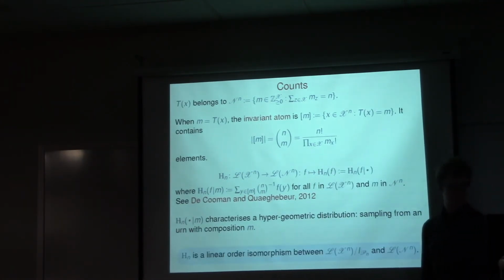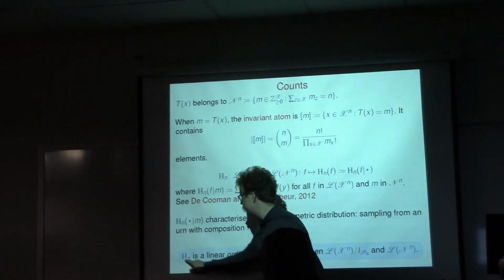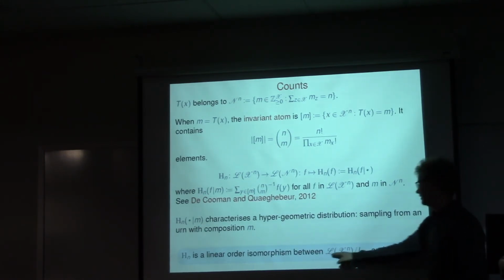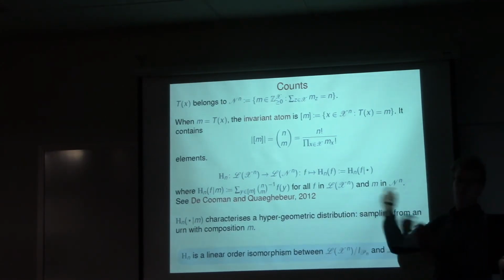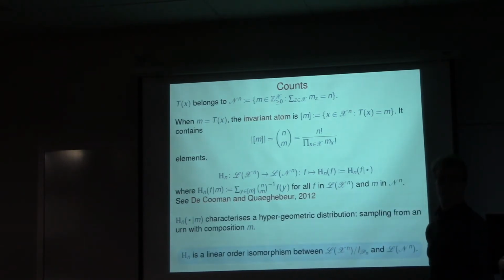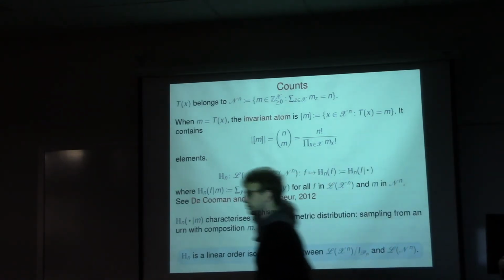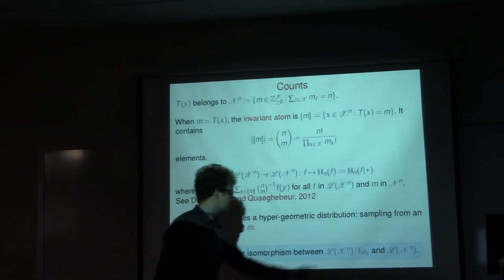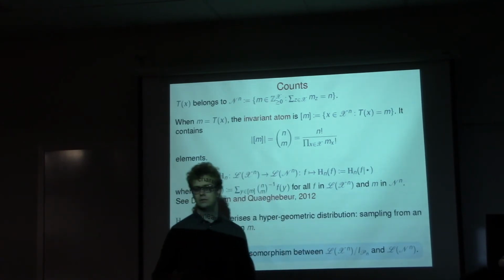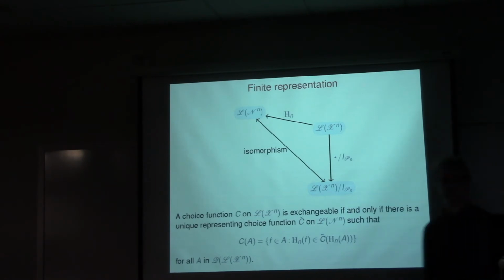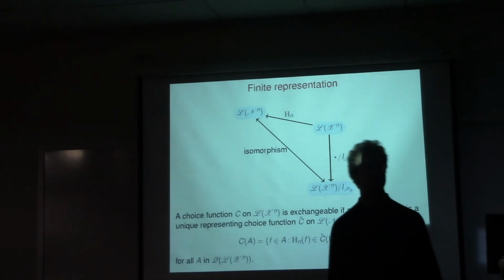Why is it interesting? Well, because this map, this thing that defines a hypergeometric distribution, is a linear order isomorphism between this ugly set in which I had an original representing choice function and a set of all gambles on count vectors. And if there's a linear order isomorphism, then actually I can express my choice function in this set or in that set. It doesn't matter. They are equivalent for the choice function. So now I have found a more general generalization of the phonetics result.